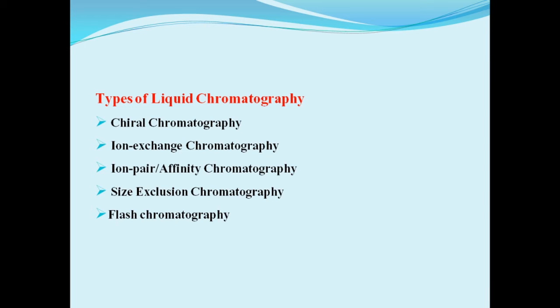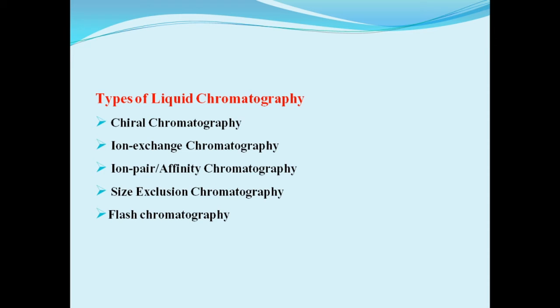Next type of liquid chromatography is ion exchange chromatography. Separation is based on the charge bearing functional group. The anion exchange for sample negative ion X minus or cation exchange for sample positive ion X plus. By using the pH gradient, elution is common. This method is used to separate mixture of ions, that is organic or inorganic, and finds its application mostly in protein separations.